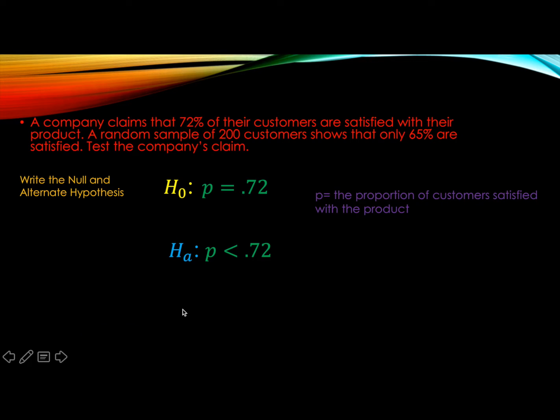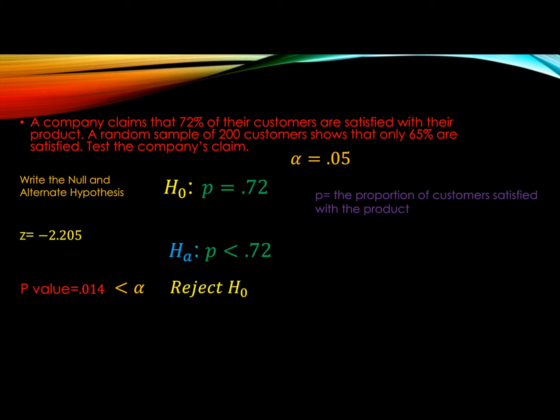Let's go back to the null and the alternate. Here's the z-score again, and here's the p-value. The null hypothesis, p equals 0.72, will be rejected if the p-value is less than the significance level, or the alpha level. The alpha level is usually 0.05, and it can also be 0.01. I'm going to make the alpha level 0.05. That's the symbol for alpha. If we look at our p-value, we can see that 0.014 is less than alpha, which means we reject the